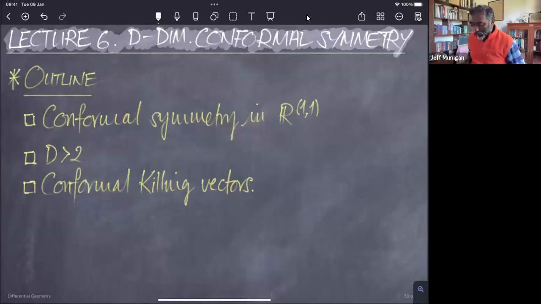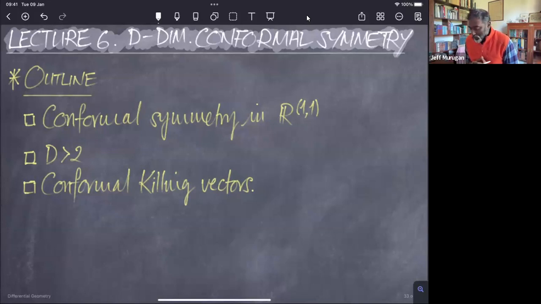Okay, so today I want to extend what we were talking about last time, where we illustrated some of the calculations in two dimensions, two space-time dimensions. Today I want to extend this a little bit and talk about conformal symmetry in two-dimensional Lorentzian, two-dimensional Minkowski space,